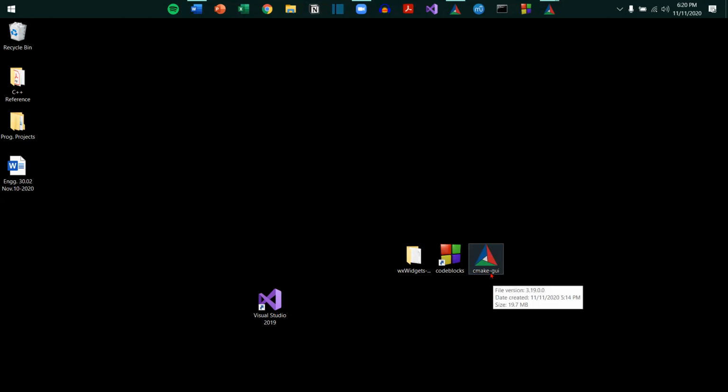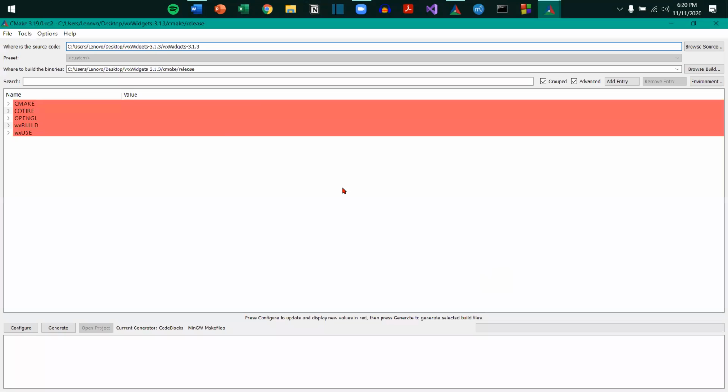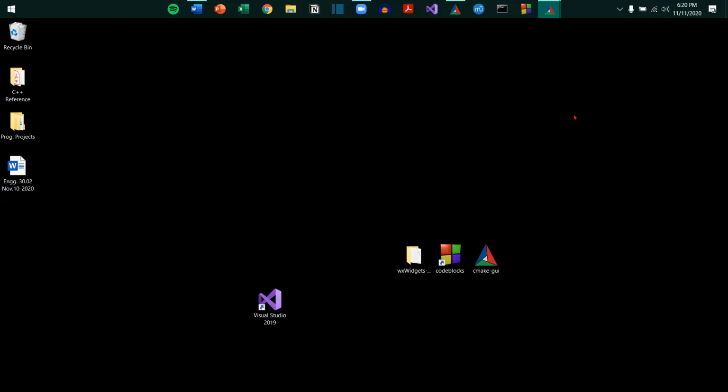Okay, next is let's go to CMake GUI. What's CMake GUI? Well, from the wxWidgets, we will use this in order to convert files in order for them to become release or debug, which we will later use in CodeBlocks. Pero wag lang muna yan. Medyo yun yung complicated na part when installing. Let's just focus more on the setting up of your CodeBlocks.